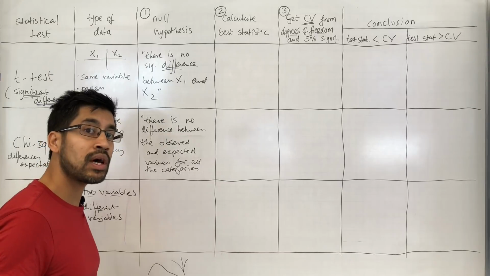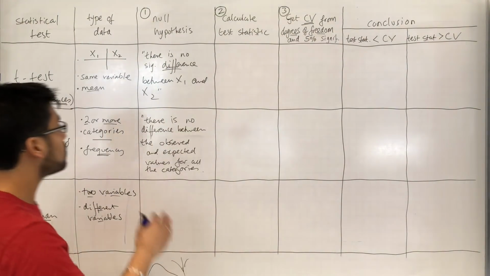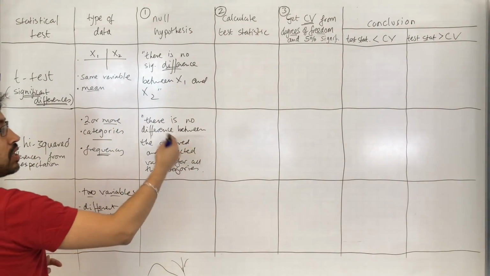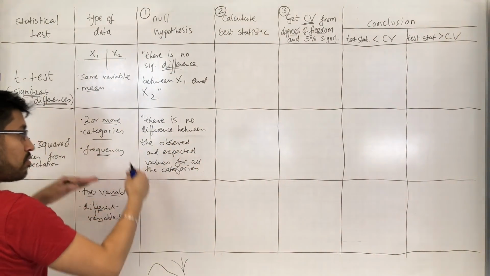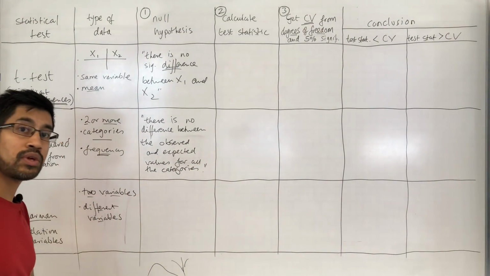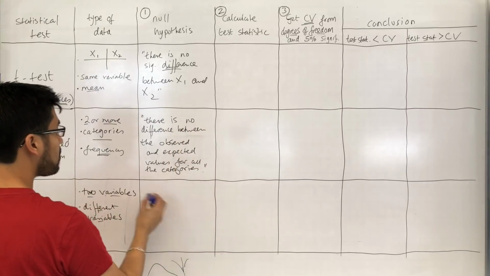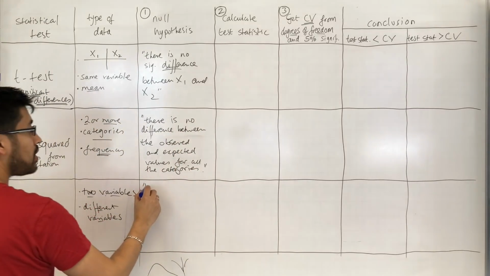That's what my null hypothesis would be. Okay, so my null hypothesis for a chi-squared is that there's no significant difference between the observed and expected values for whatever categories of things I'm looking at. Spearman rank then, the null hypothesis in this case would be that there is